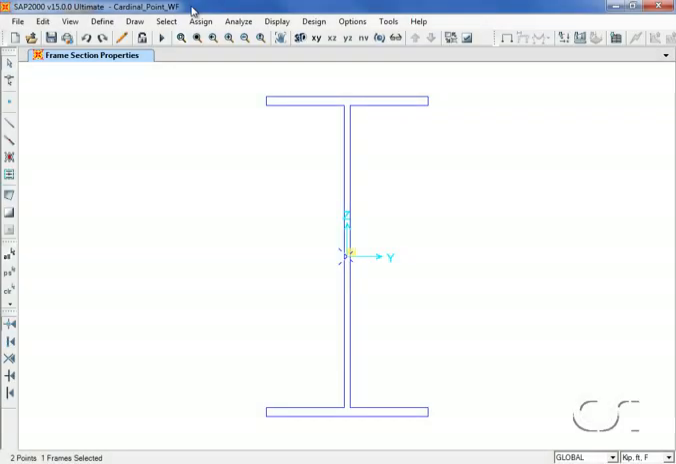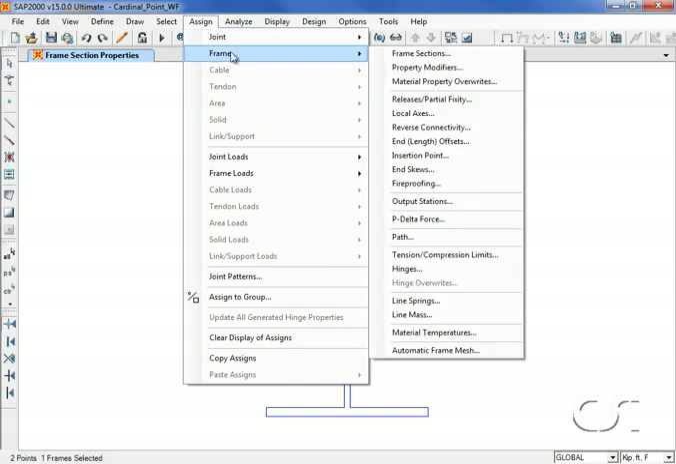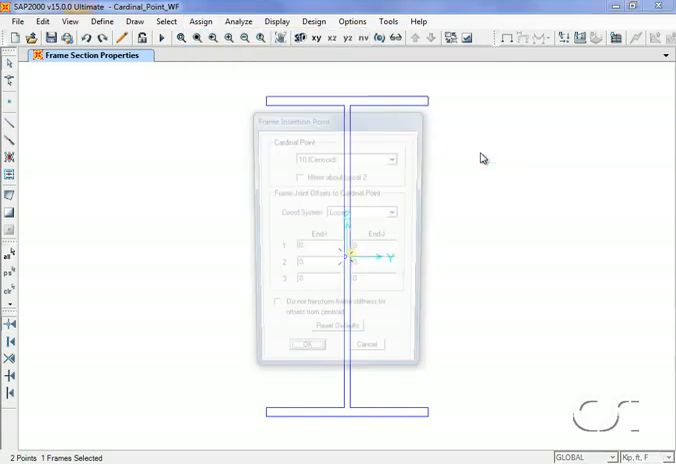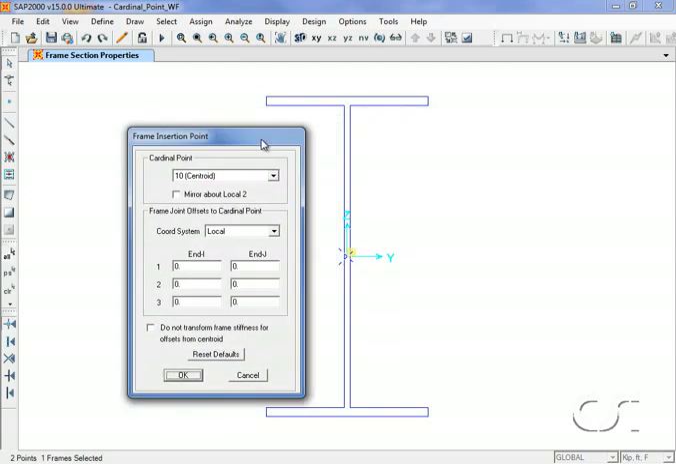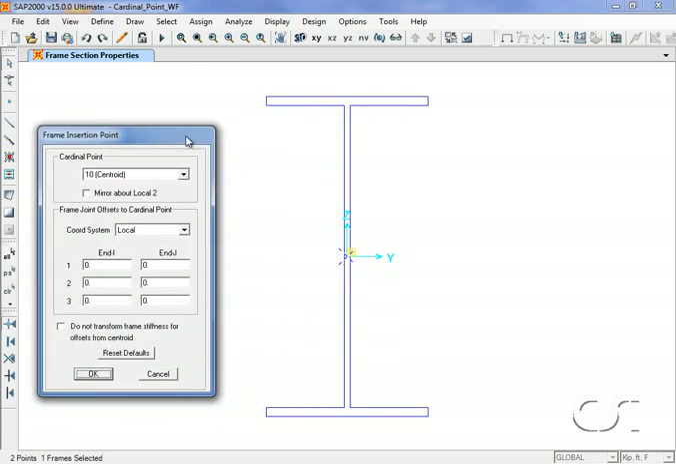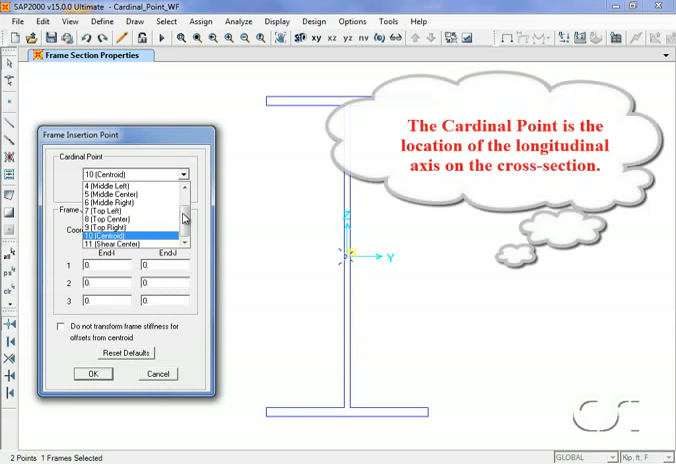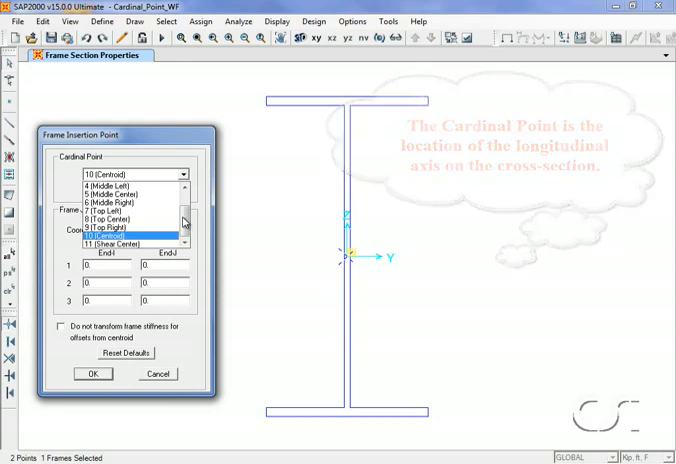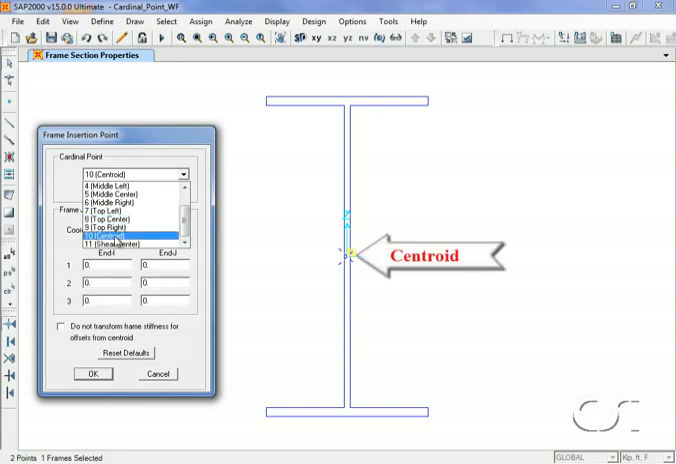With our wide flange section displayed, if we go to the Assign Frames Insertion Point command, we can see that we have many options for the cardinal point location. The cardinal point is the location on the frame object cross-section through which the local longitudinal axis of the element passes. Again, the default is the centroid,